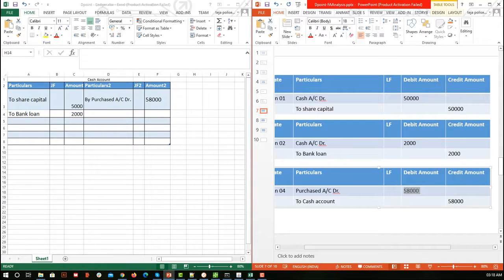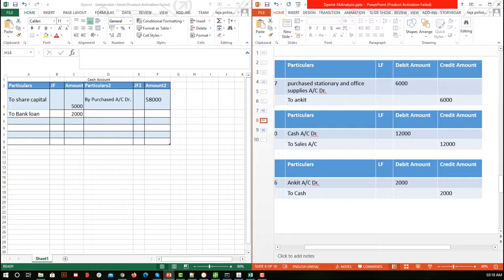Okay, now what else we have? Cash account is done on the second part. We have cash account here as well, and this is our again buy thing. Here 2 is not there, right? So we added it. Okay, purchase account we have already added. So 3 transactions we are done. Now let's move on to the next transaction.